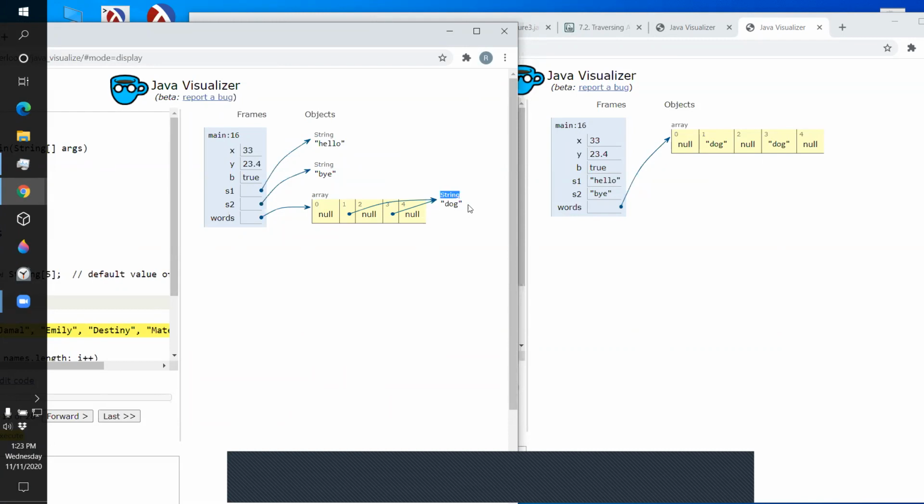There's only one string. That string appears in the array two times because it's pointed to from two different places. So there's really only one string, dog. Here it's showing it as if there were two strings, dog, and that can be dangerous. You might misinterpret this and think there are two string objects when there really is only one. So this is more accurate.